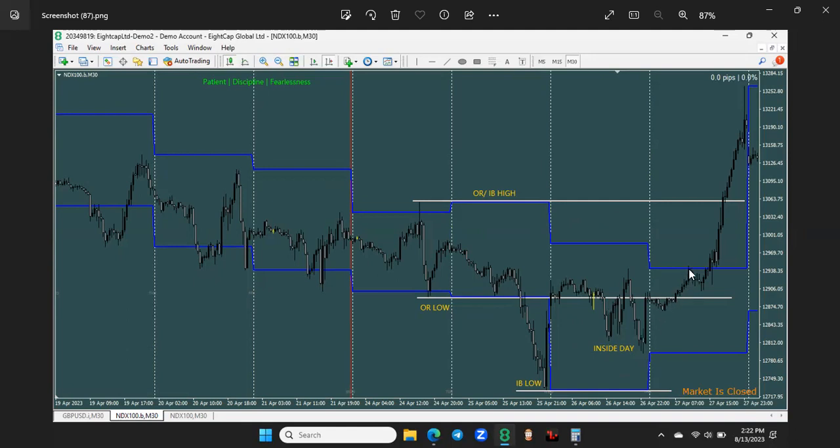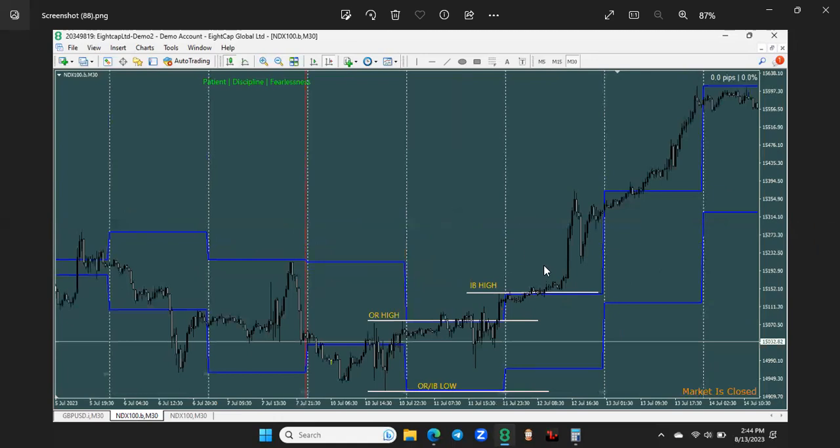Then on Thursday, you get a parabolic move. All right, get a nice parabolic move on a Thursday. Okay, so inside day was a signal day for a parabolic move on Thursday. Another example here is a